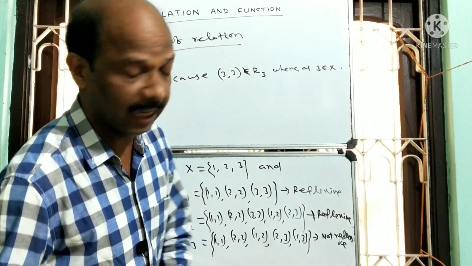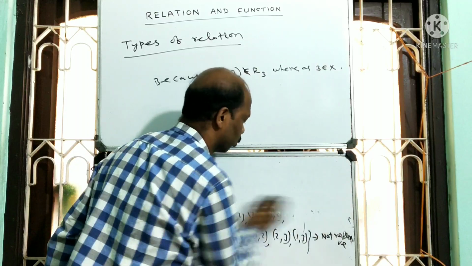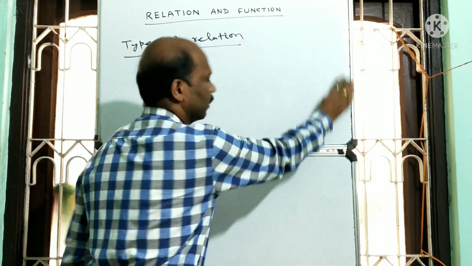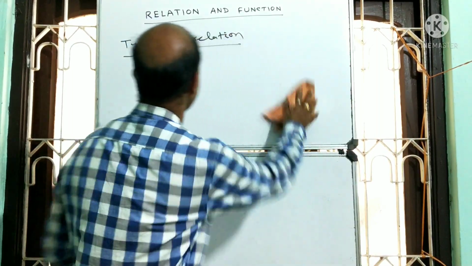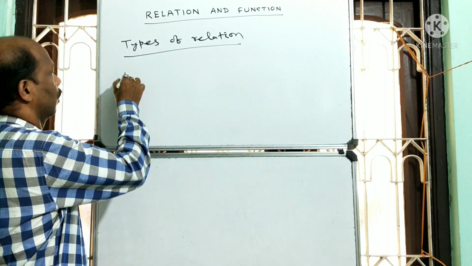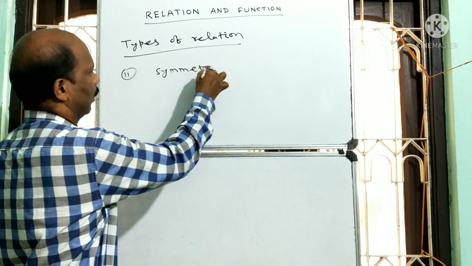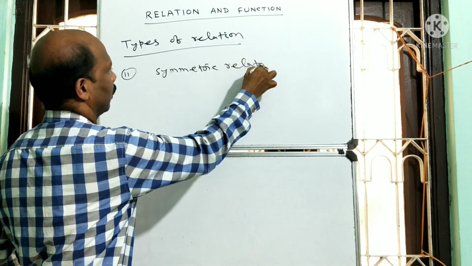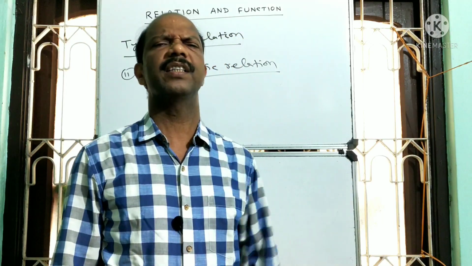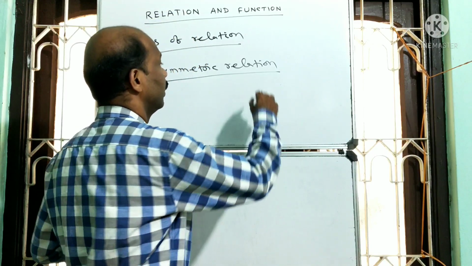Then we'll go to the types of relation. Symmetric relation. Another two relations are symmetric and transitive relation. But first we have to know what is symmetric relation. Symmetric relation, number two. Symmetric relation is a conditional case. Conditional case मतलब